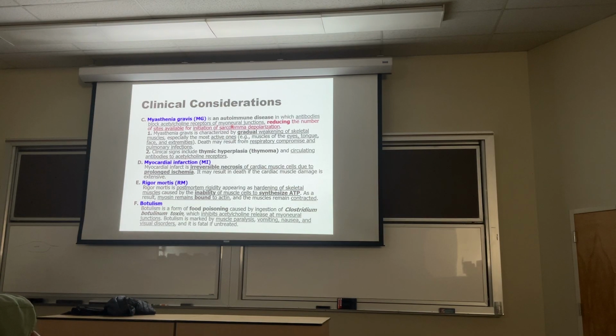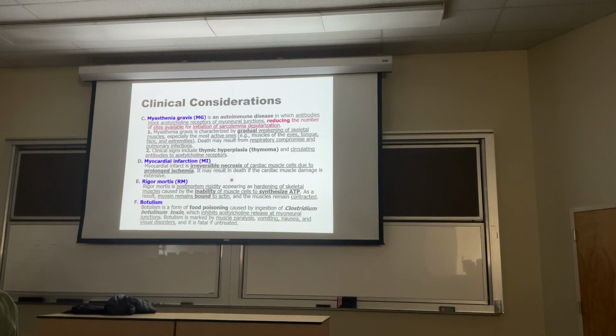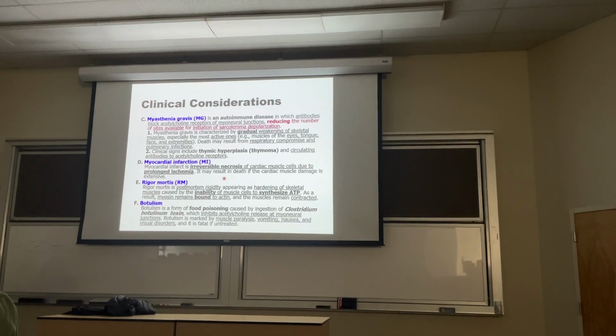You're generally going to try to treat this by maybe removing plasma temporarily and taking out these antibodies and then reintroducing it, using immunosuppressants to try to decrease the activity, things of that nature. Myocardial infarction, again, usually there's ischemia to an area, a lack of blood flow to part of the heart that causes the cardiac muscle cells to die, which is an infarct, an infarction, and that can cause death, of course, or